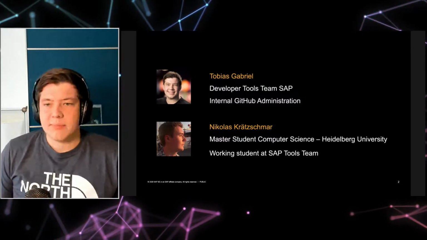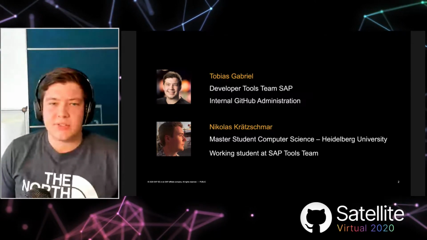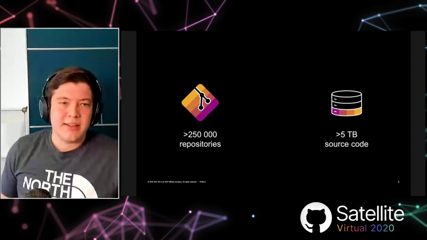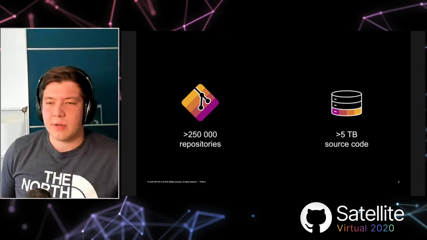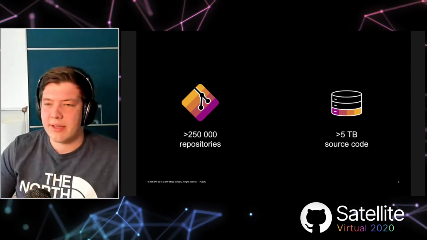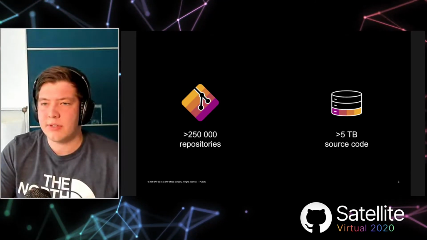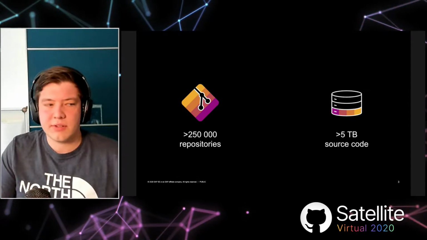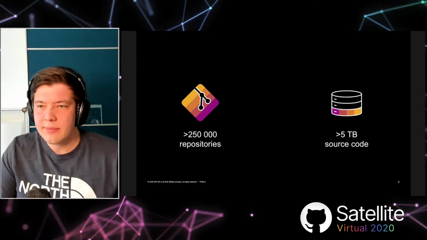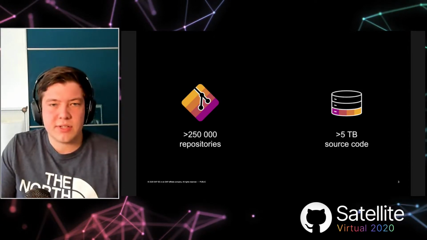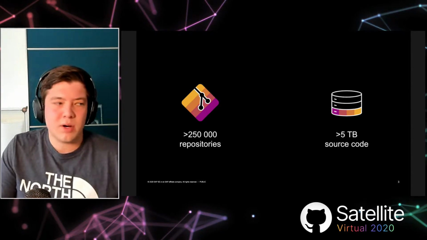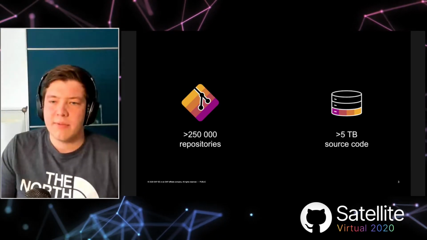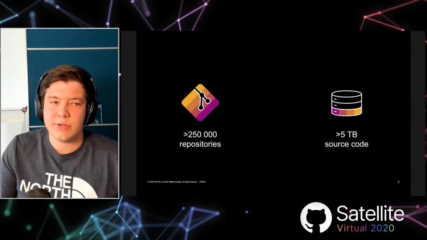We both work for SAP, which is one of the largest enterprise software vendors in the world and has over 30,000 developers. With that many developers, we also have a quite big code base. Currently, we have over 250,000 repositories hosted on our main GitHub server, as well as roughly 5 terabytes of compressed source code. With a push to more inner source, meaning that we would like to open up more of these repositories so that every colleague can see them and reuse code, we wanted to make sure that no credentials by